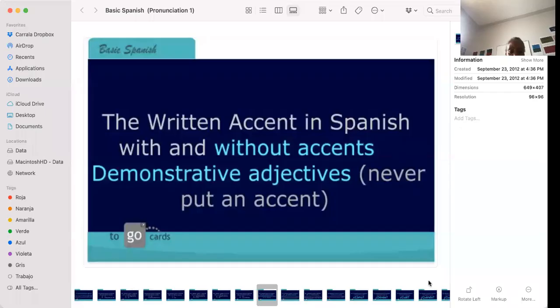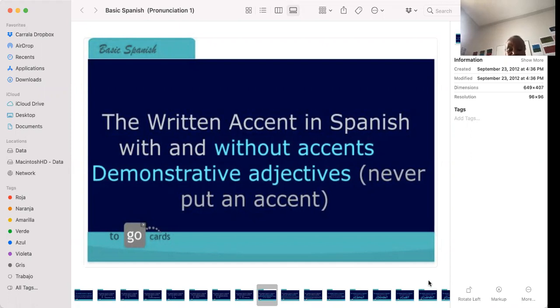I'm sharing my screen again. And these are, I mean, this is really detailed. Really detailed. So once again, we're still talking about accents, but this time we're talking about the demonstrative adjectives